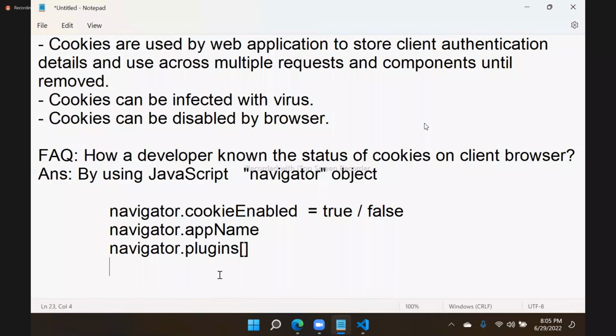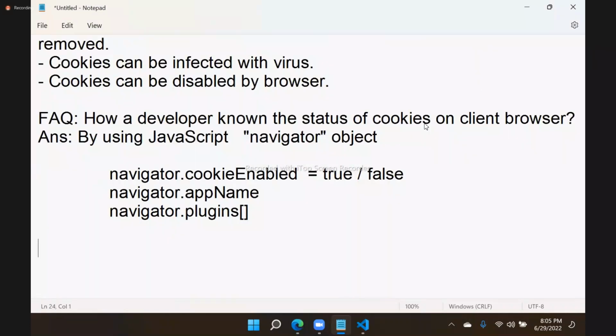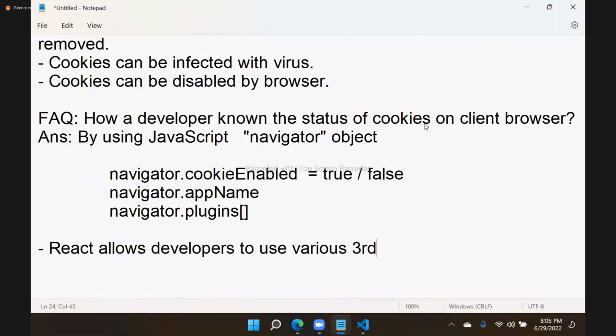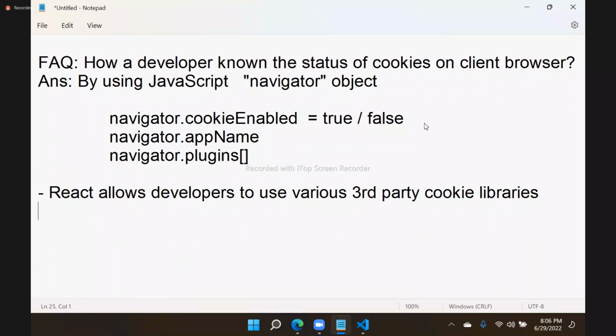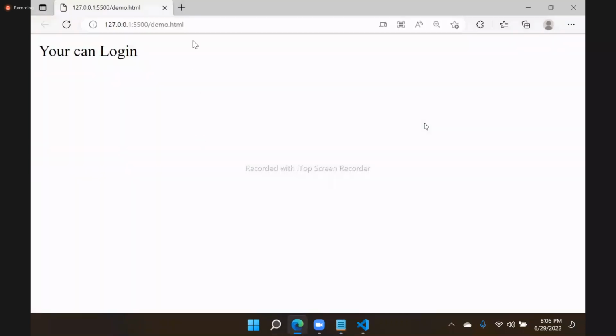Okay, now how to use cookies actually? React allows developers to use various third-party cookie libraries. That means you can use a lot of cookie libraries. So different cookie libraries are there. You can use any of these. I already told you. You can go here,